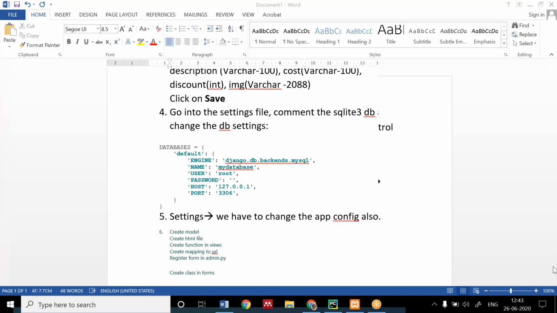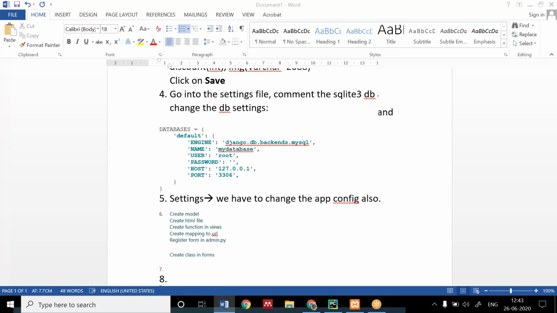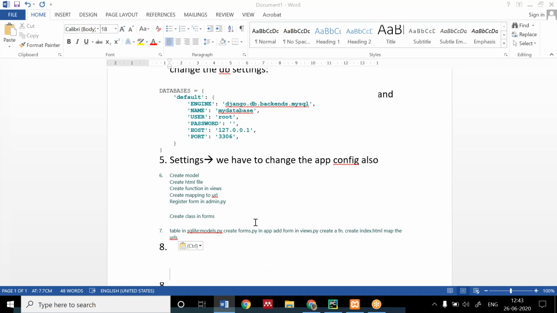Okay, Shizal has given me something. I'm copying and pasting it also. He has written: table and SQLite, models.py create form.